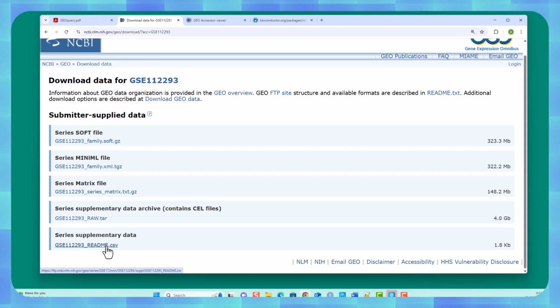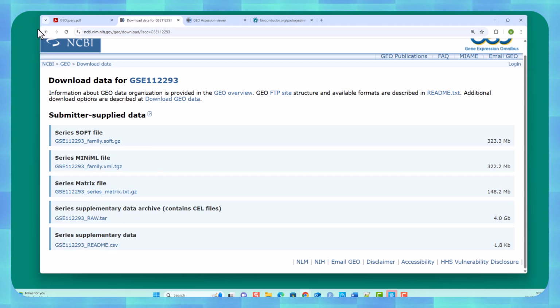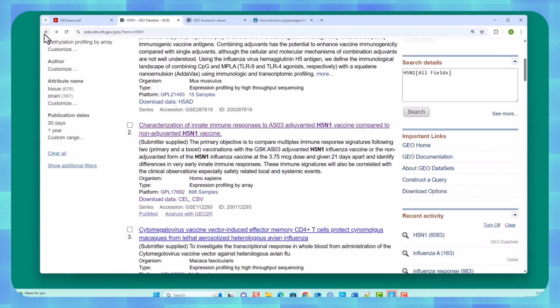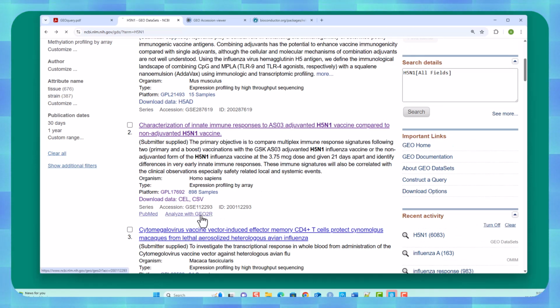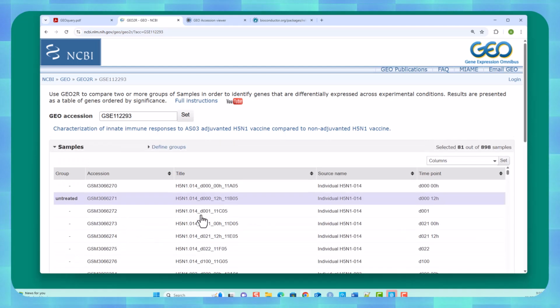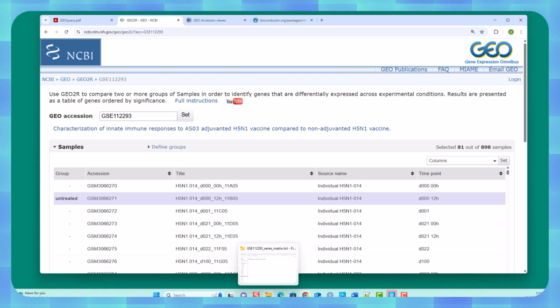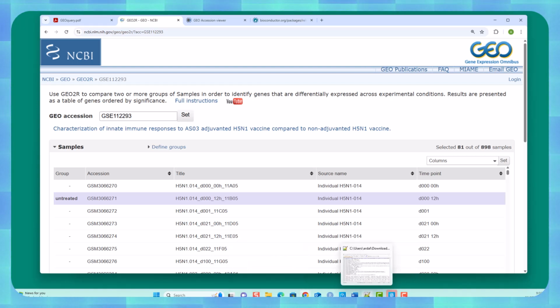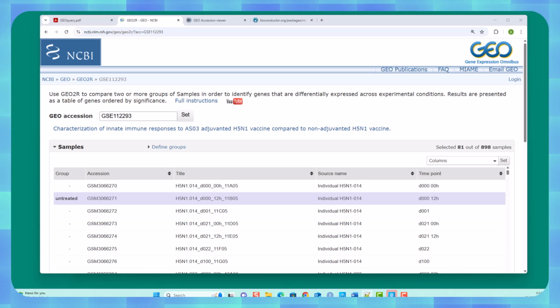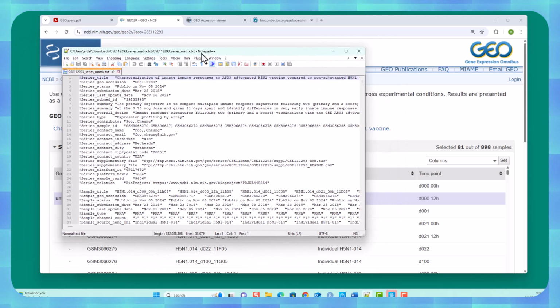So we'll grab that and open it to see what's happening within the particular set of data, because this is a fairly complicated data set, and we can do an analysis with GEO2R, which is definitely good news. So if we take a look at that CSV file,